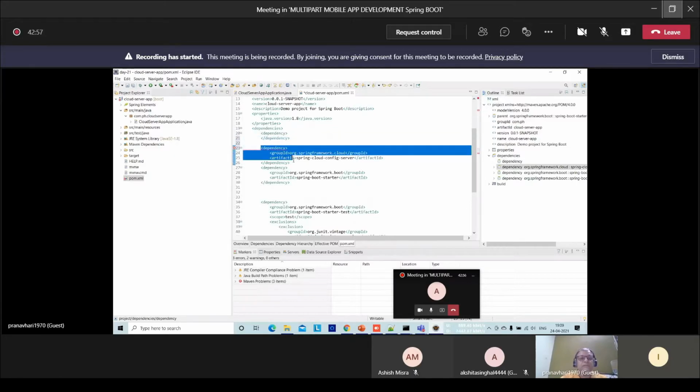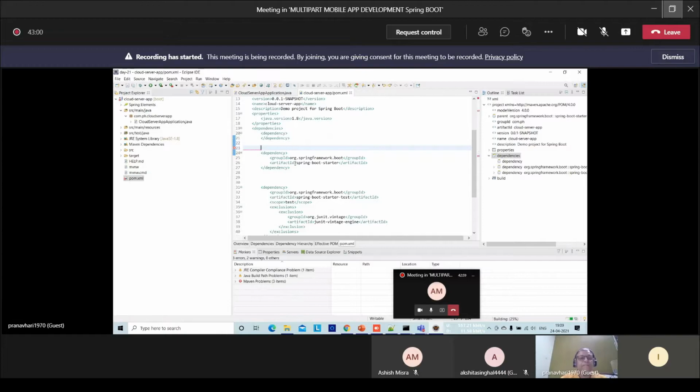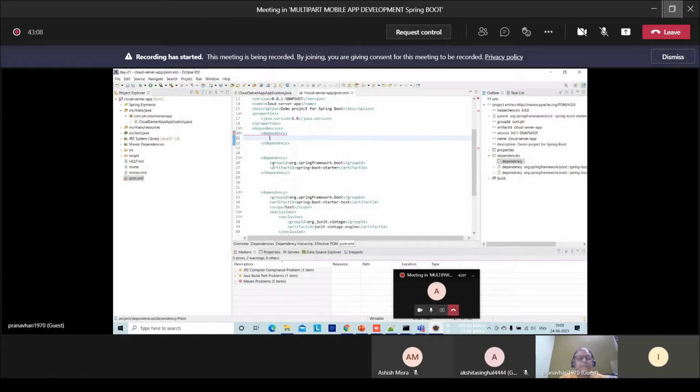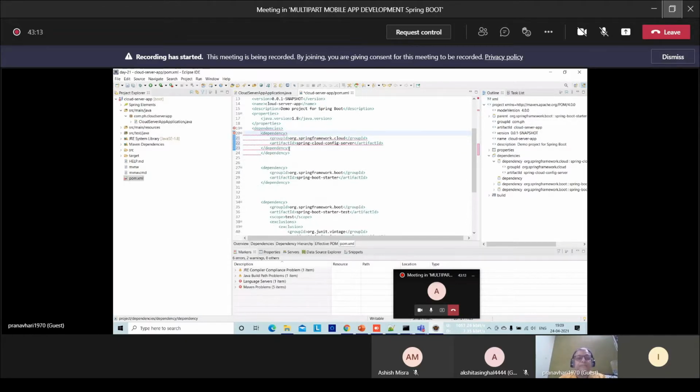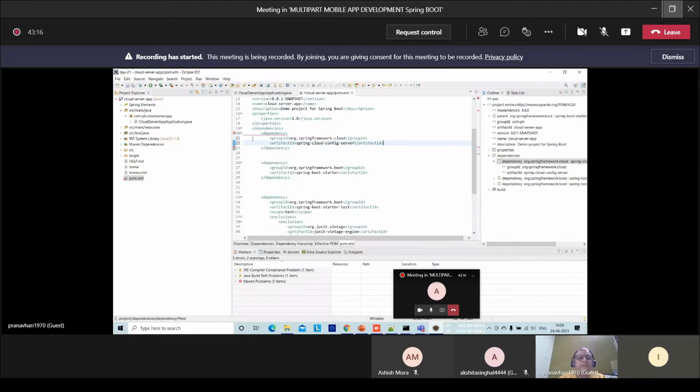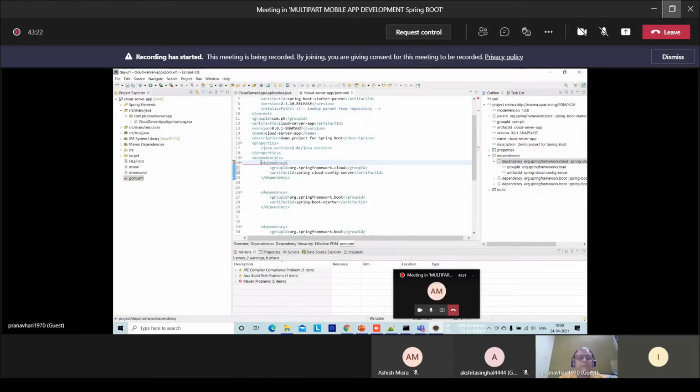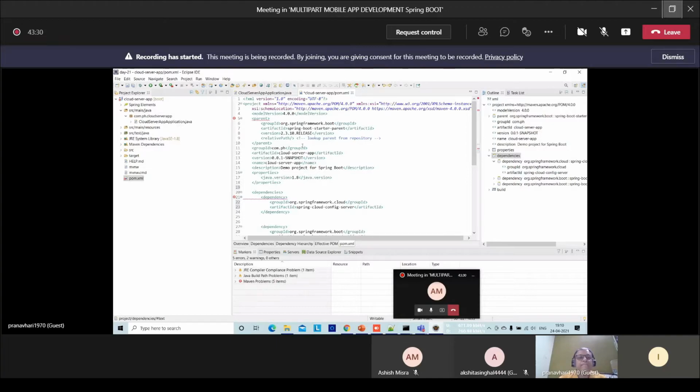Remove this. Now that dependency should have a group ID and parent.